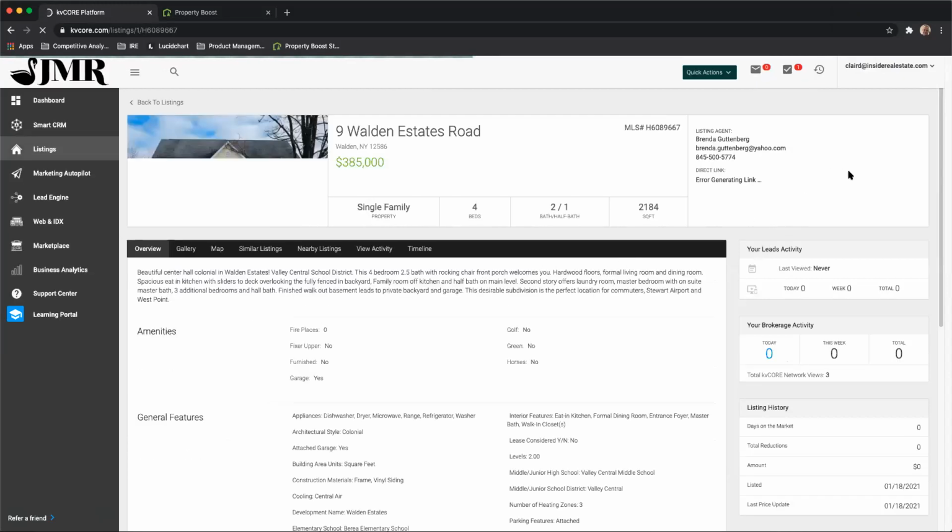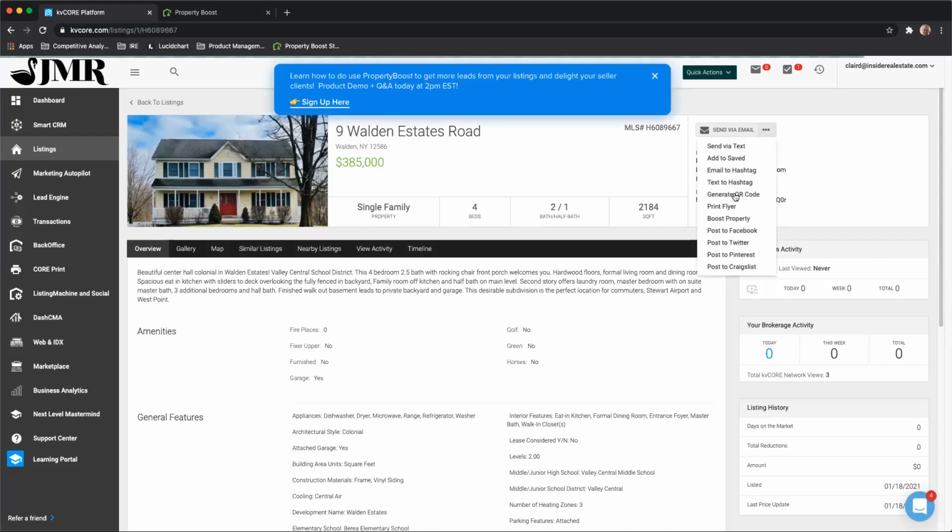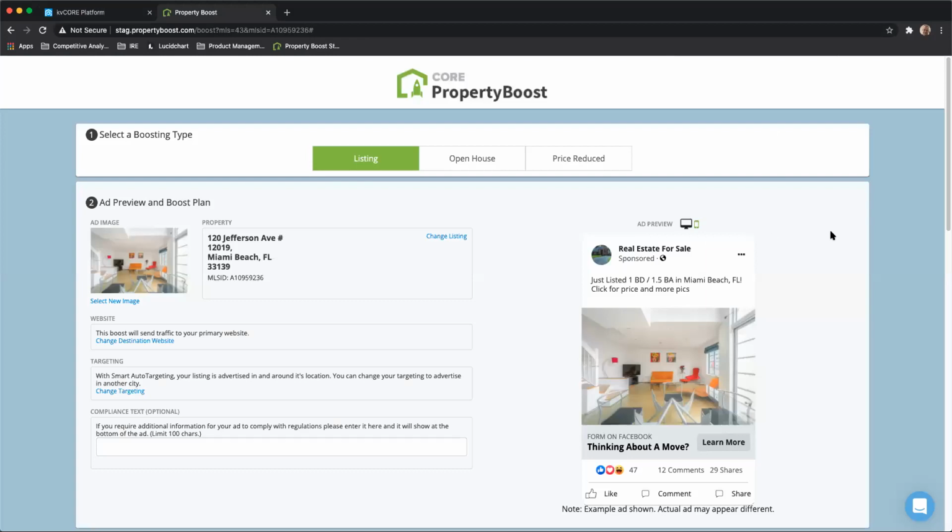And then right underneath this menu over here, I'm just going to see it come up in a second. What the heck is it? There we go. Right under here, we've got this Boost property link here as well. So a couple of different avenues that we can get there. So once we've got to the Property Boost itself, I'm going to walk you through what it actually looks like